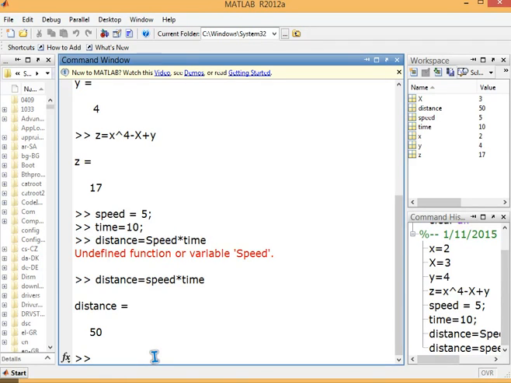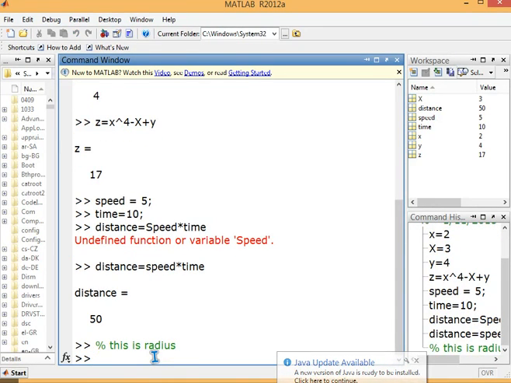Now it happens that sometimes you wish to inform yourself or to inform others. How to do that? By putting comments. And a comment starts with % in MATLAB. Like, I'll be assigning a radius value. So in the start, let's give 'this is radius', and then we can assign a value. Since this line is not executed, it doesn't affect anything. It just gives you information. R is equal to 3.